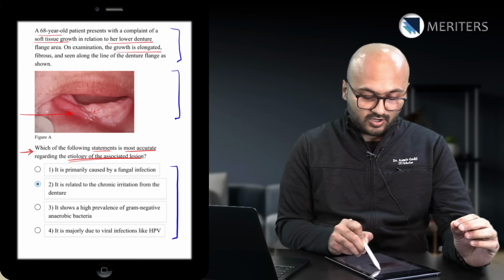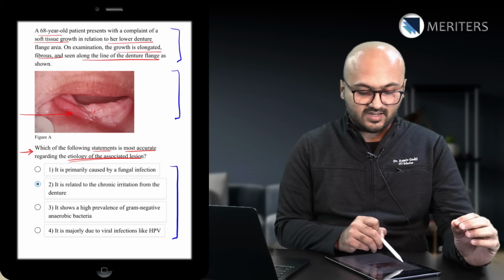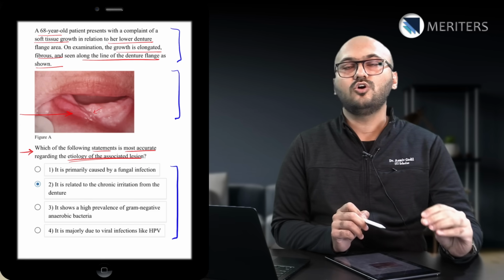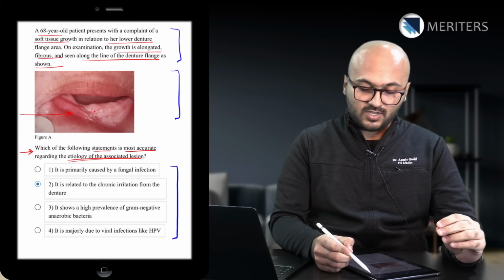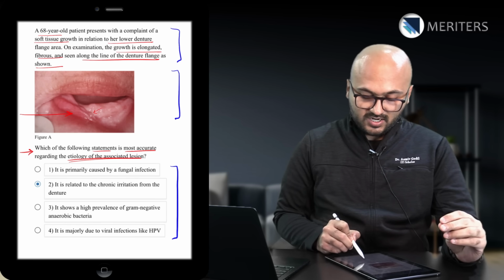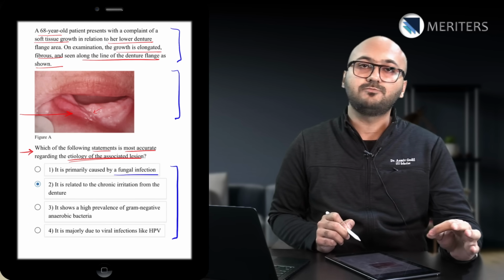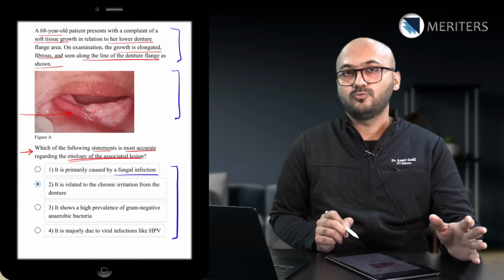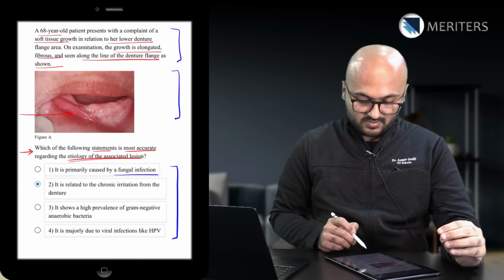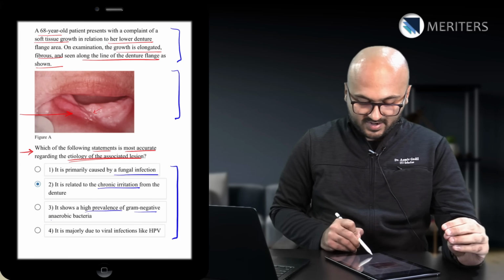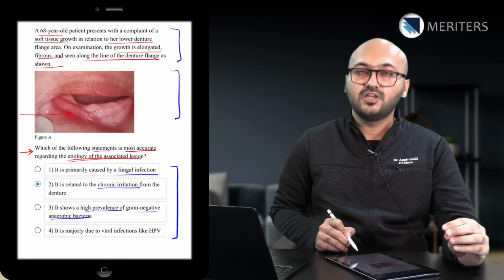and there is elongated fibrous tissue along the denture flange. So we know that this is related to denture stomatitis or chronic denture irritation. Now look at the options. It is primarily caused by a fungal infection, which is true because candida can predispose to denture stomatitis and an epulis fissuratum. Related to chronic irritation, has high prevalence of gram-negative anaerobic bacteria, and it is majorly due to viral